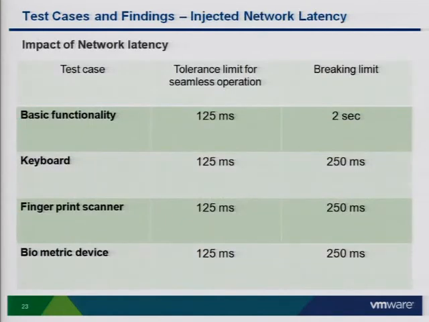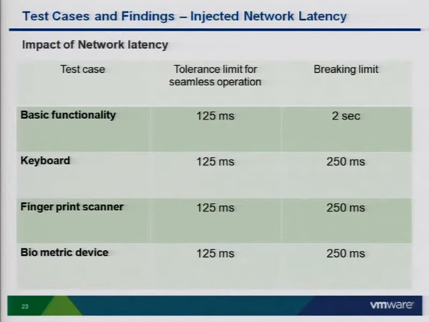This is getting to the WAN piece, getting to latencies and its impact. So what we have in the first column over here are things that we tested, areas of impact. In the second column, what we have is latency numbers, and those are latency numbers under which the application works seamlessly. So even 125 milliseconds does not impact the basic functionality of an app. It does not impact the way you use the keyboard or the responsiveness of the keyboard and the other functionality